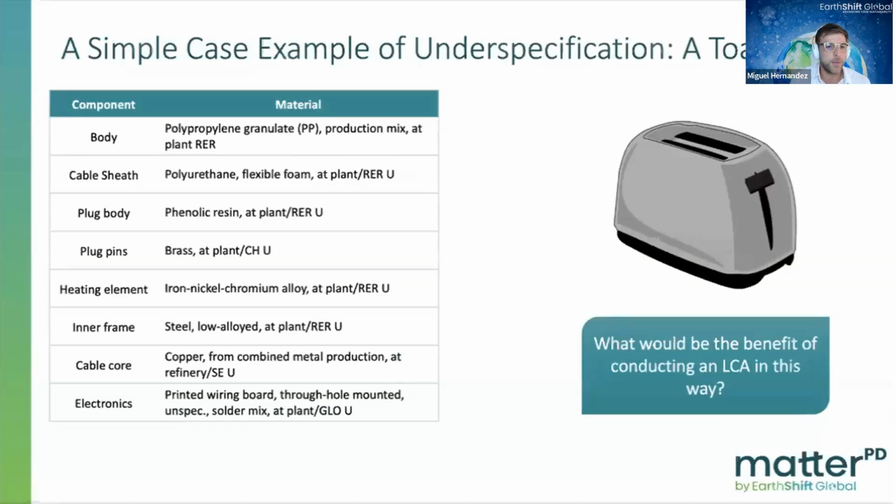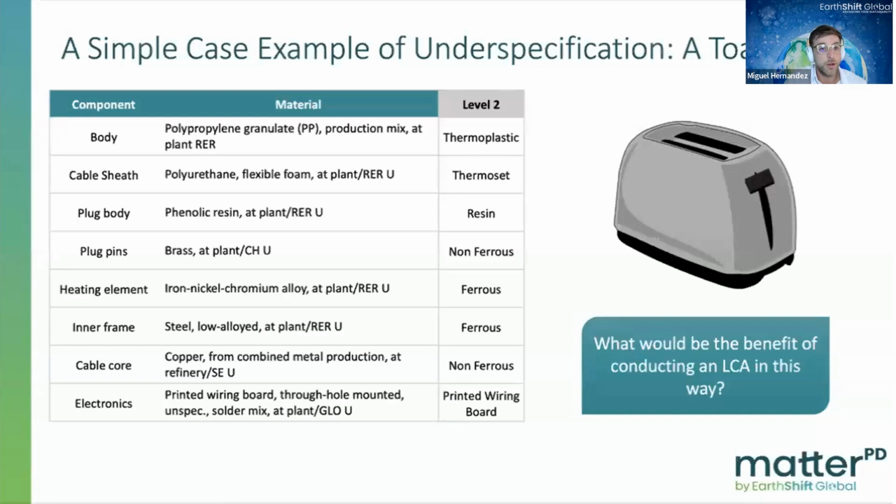Thanks. So let's see another example. Let's say that I'm a designer. I'm in the early stages of development of a new toaster, and I just know that my toaster has 9 different components, and that I have a vague idea of the materials that I want to use for each component. And I want to run an LCA because I want to minimize the environmental impact of my product. So instead of running X number of tests with all the ideas or options that I have for each component, I can just use under specification and model my whole product based on generalized classes of materials.